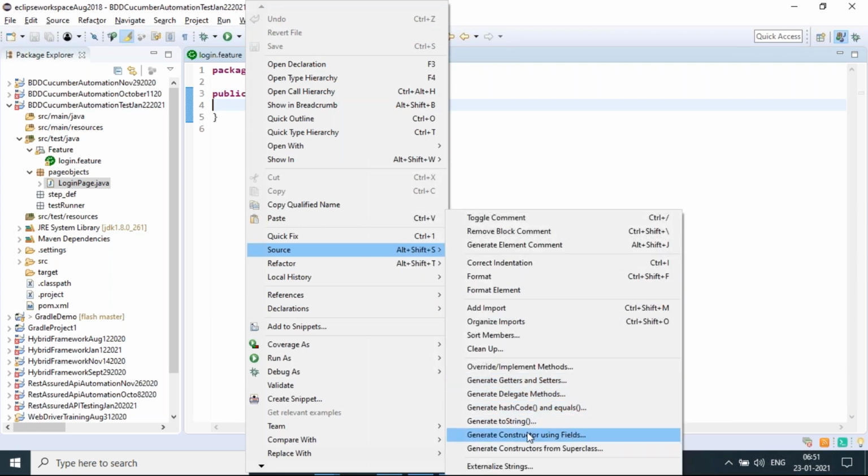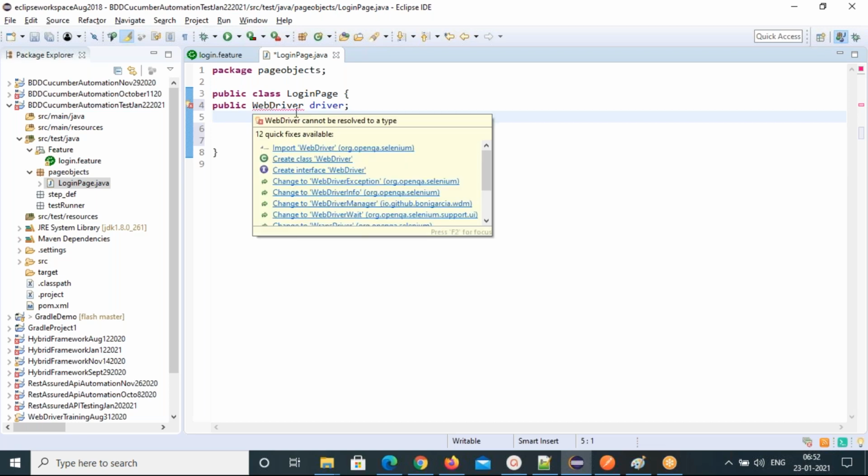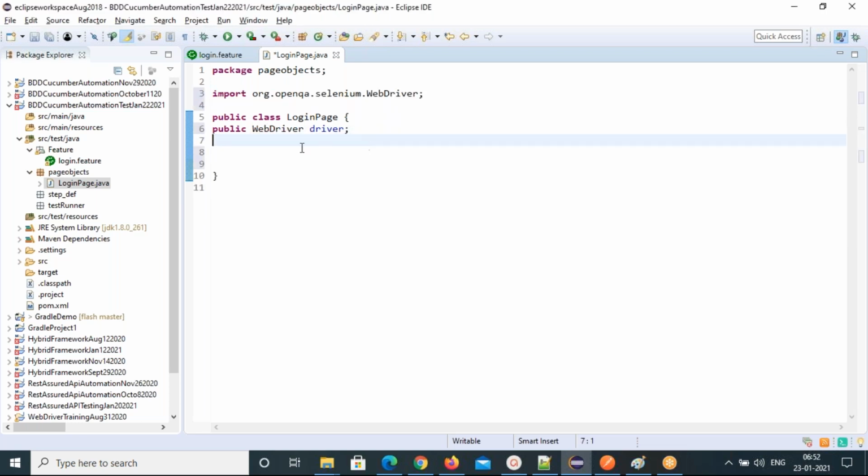With a WebDriver field, we need to first create the field. If you create fields, then you can generate the constructor easily. So public WebDriver driver, because we need a WebDriver here, and import WebDriver.